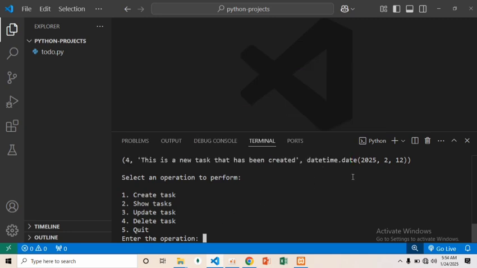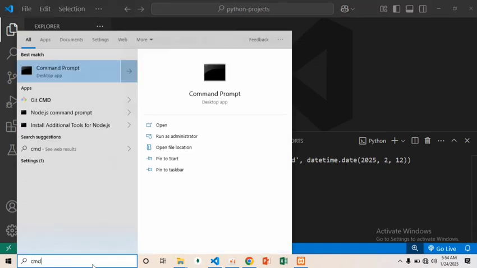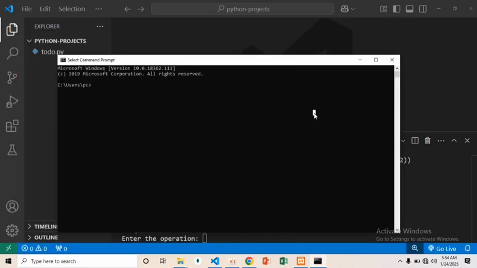To get started, make sure that you have Python installed on your system, and we also need to install a package. Let me open up my command prompt. The name of the package is MySQL connector Python. So, pip install mysql-connector-python. This package will enable us to work with Python and MySQL within our Python script. When you run this command, it's going to install